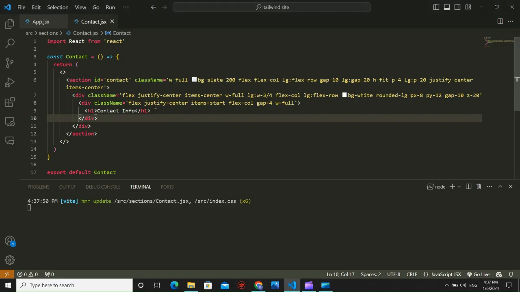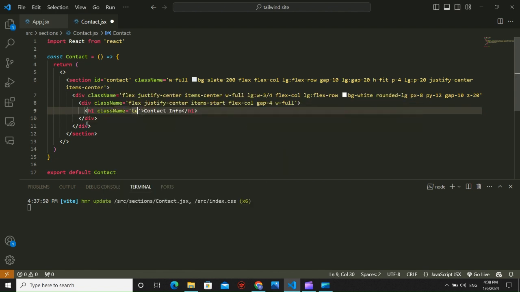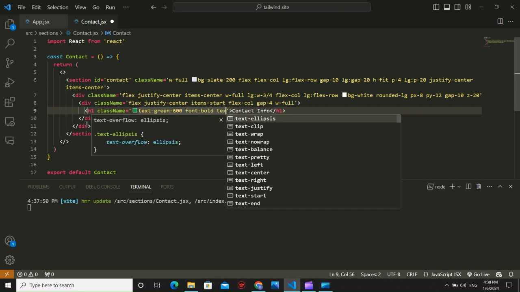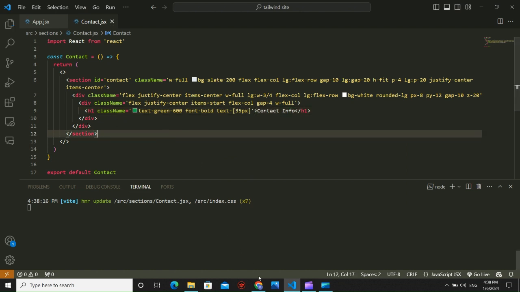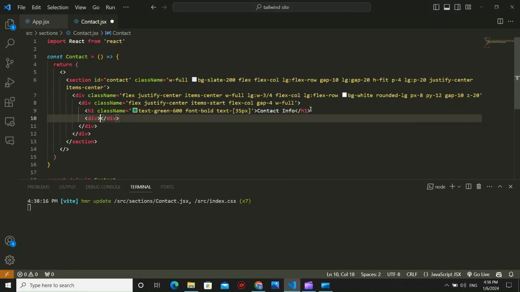So what we have to do, let's style it text green 600, font bold, text 35 pixel. Okay, so after the h1 tag we have to write a div here, and inside this let's add id of